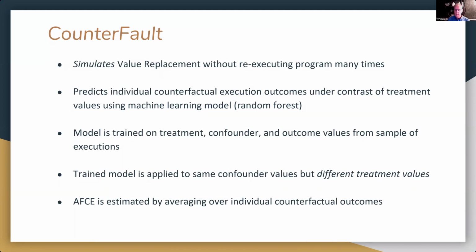The model is trained based on treatment, confounder, and outcome values from a sample of executions. The trained model is applied to the same confounder values, but with different treatment values. The average failure causing effect is estimated by averaging over individual counterfactual outcomes.